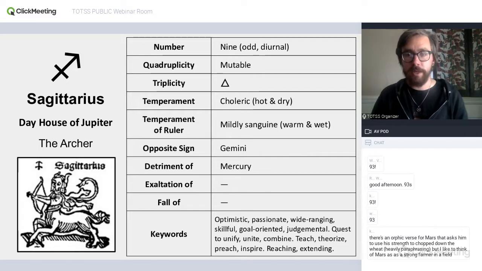That's all very Sagittarian. So teach, theorize, preach, and inspire. And also, coming through some of this archer symbolism as well as the fiery quality of reaching and extending. And there's also the mutable quality of trying to understand things and take stock of things and see what's been, and that sort of philosophical orientation there.